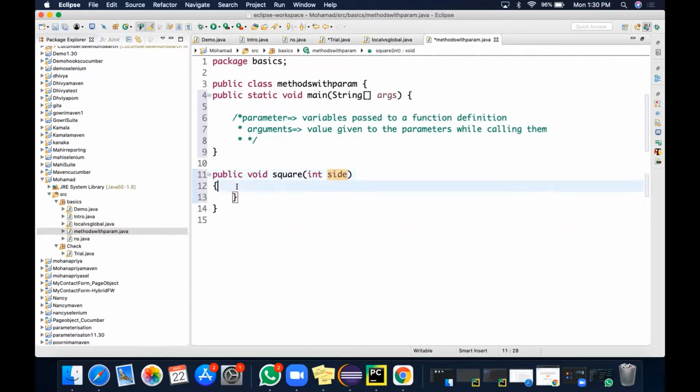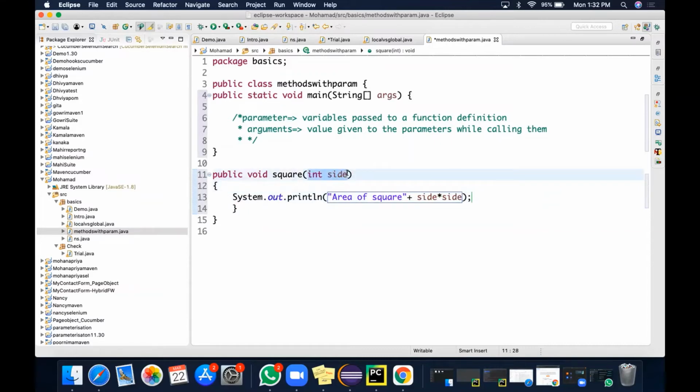I'm going to calculate the area of a square, side star side. So now I'm not using a local variable, I'm using a parameter. Parameters are values passed to a function definition.